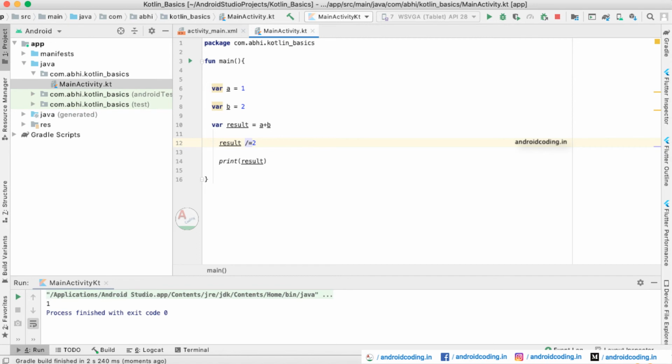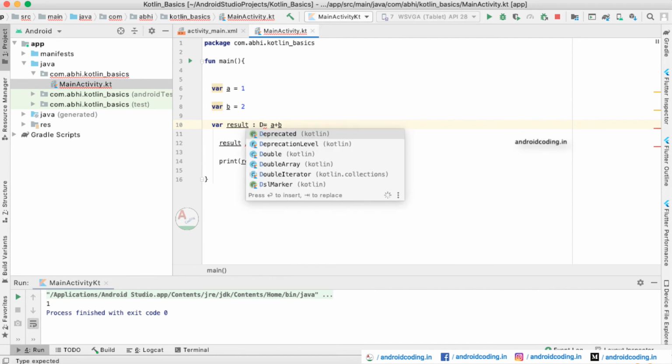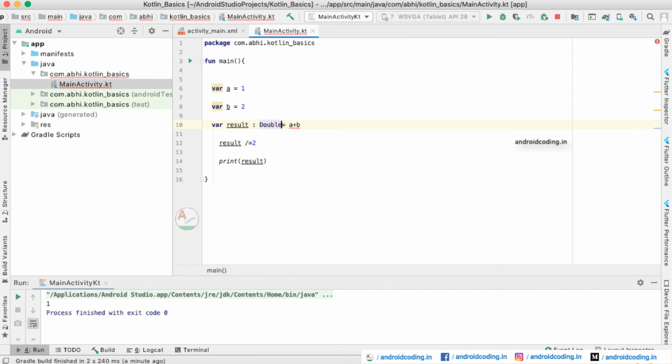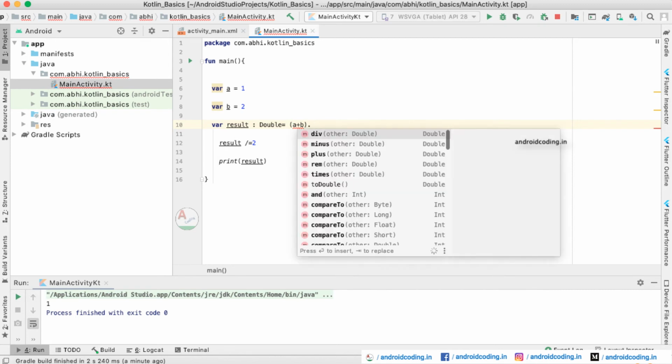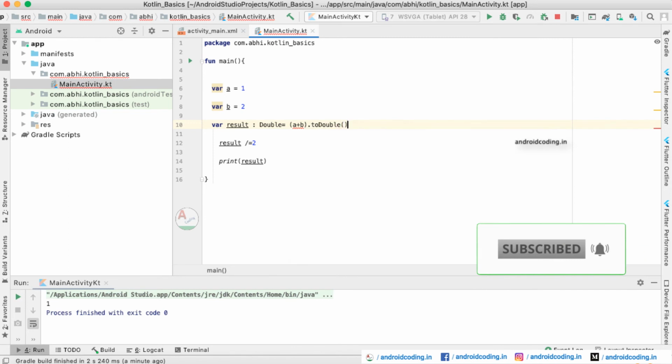If you want to have the exact result, then you need to specify the result to be double. If you specify the variable result to be double, then you need to convert these values also to double, using toDouble.